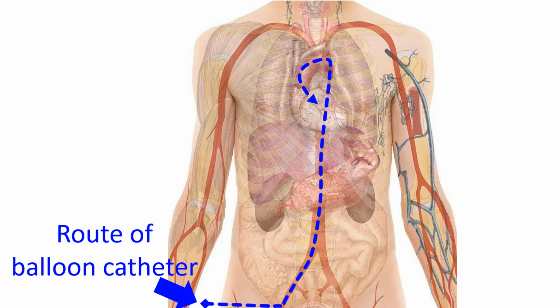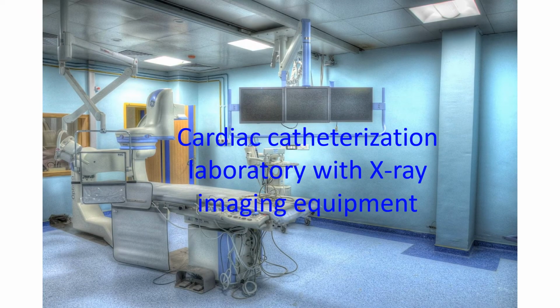BAV catheter is introduced through the femoral artery. After femoral arterial puncture and insertion of the arterial sheath, a guide wire is passed, followed by the balloon catheter. Crossing the stenosed and often calcified valve is likely to be difficult in critical aortic stenosis. The balloon catheter is threaded over the guide wire and positioned across the narrowed aortic valve.